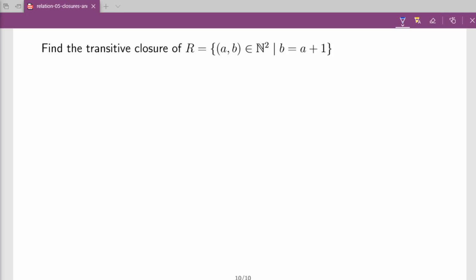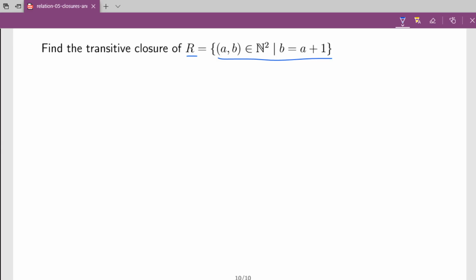We solve this exercise. We want to find the transitive closure of R, where R is the relation on natural numbers, where (A, B) is in R if and only if B is equal to A plus 1. So what is the transitive closure of R? It would be